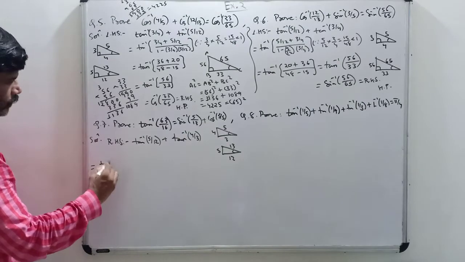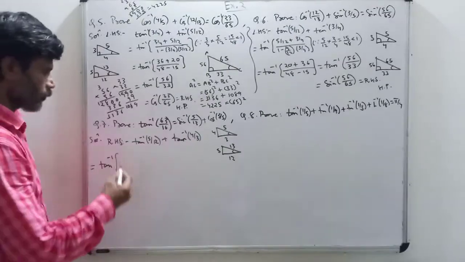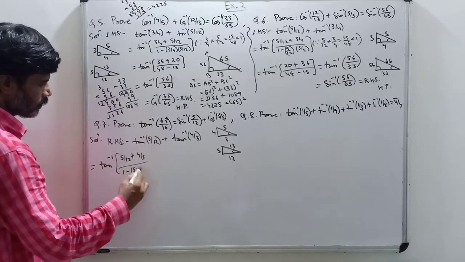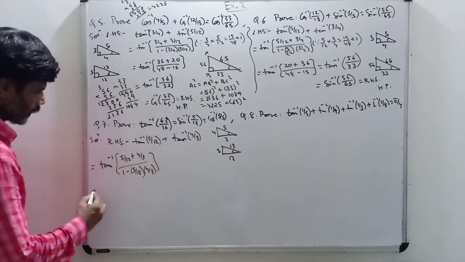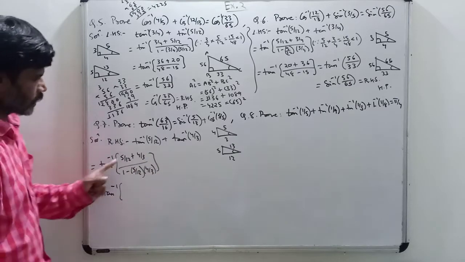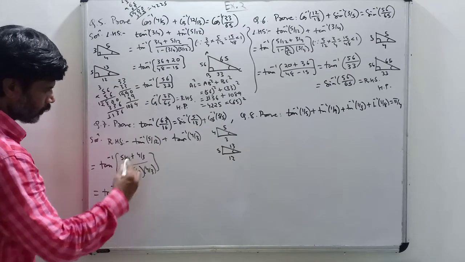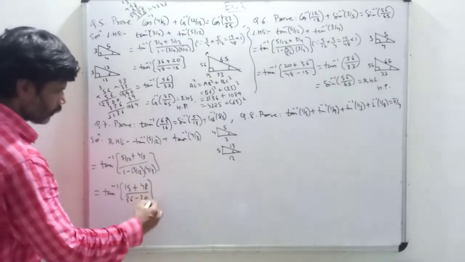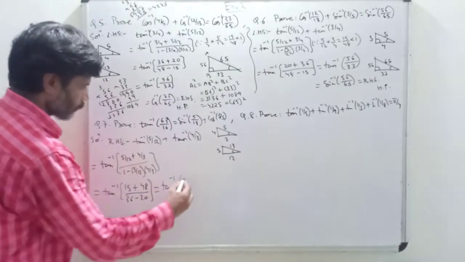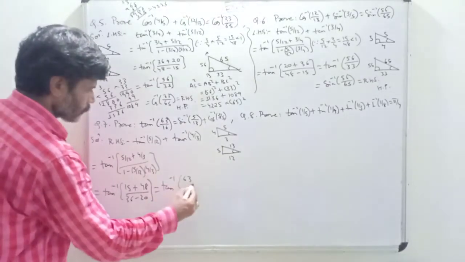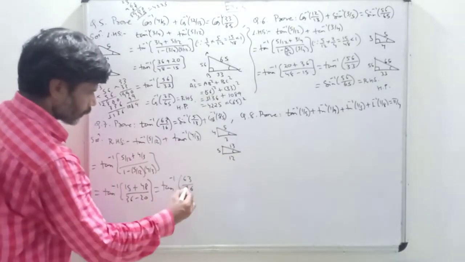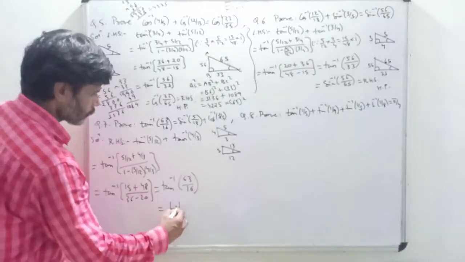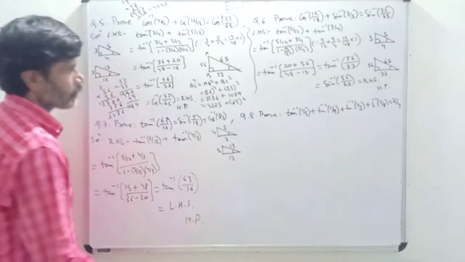So that is equal to tan inverse of... What is tan inverse of x plus tan inverse of y? Same, tan inverse of (x plus y) upon (1 minus x into y). So that is equal to tan inverse of, what is the LCM? 12 into 3. So 5 3s are 15, 4 2s are 8, 4 1s are 4, upon 36 minus 20. So that is equal to tan inverse of 8 plus 5, 13, 13 plus 4... 63 upon 16. That is 63 by 16. Tan inverse of that is equal to what? LHS. Hence proved.